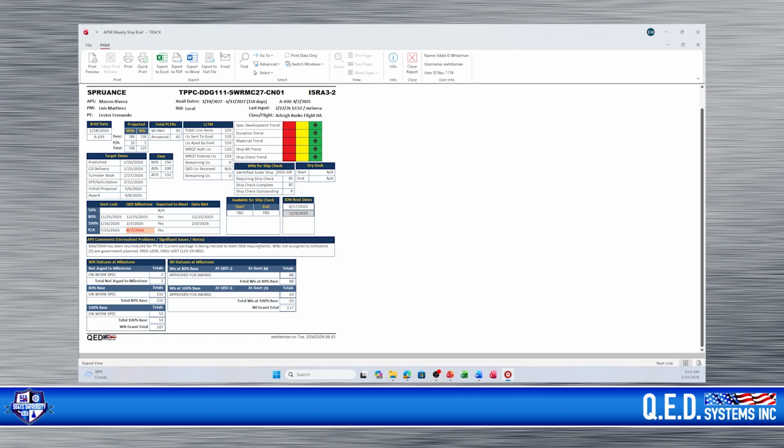Okay, on the APSR, the APSR says WNs not assigned to a milestone, which are two, are government planned. Sometimes you'll see them over there and they're being returned to the government. So you'll have that comment, WNs not assigned to a milestone are being returned to the government. But in this case, these two, because everything should be assigned to a milestone, as soon as they come in, it's the APS's responsibility to assign them to a milestone. Okay? So with that said, what we really see here is how many WNs are assigned to each milestone,